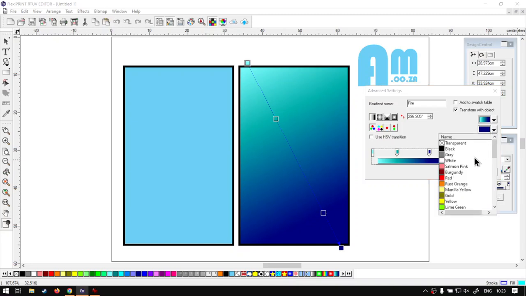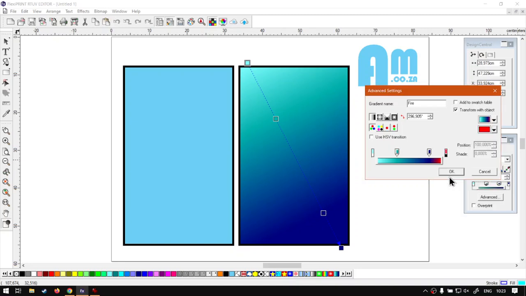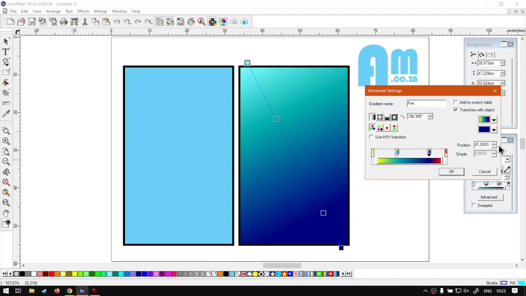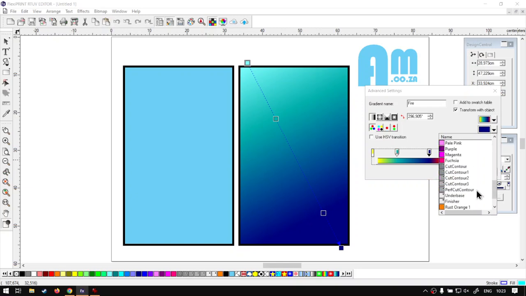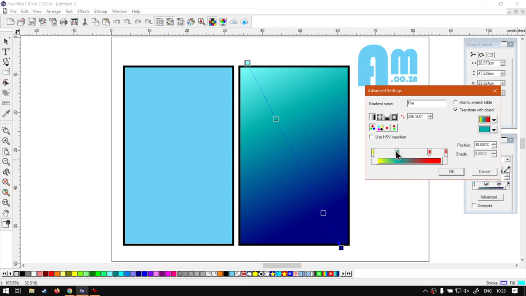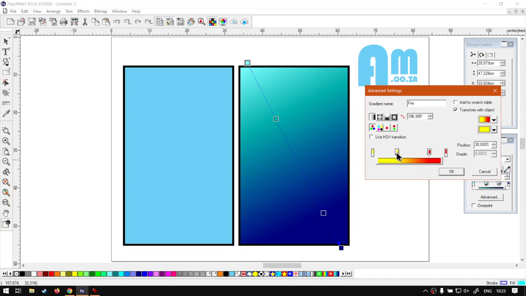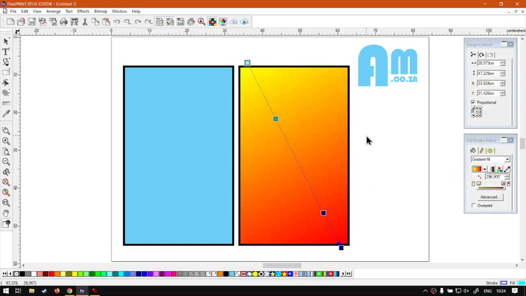Then I can simply click this one, and let's maybe make that red, and then fade it to yellow, and then we can have these ones and maybe throw in in-betweeners, or if we've added custom color palettes, we can do that. But for now, I'm just going to go red and make this one yellow as well. Then I'm simply going to click these ones and drag them far left and far right. So now if I click OK, it will update it,